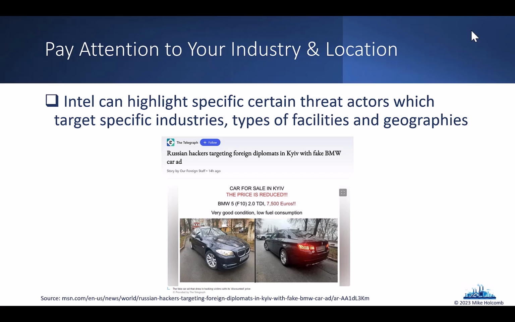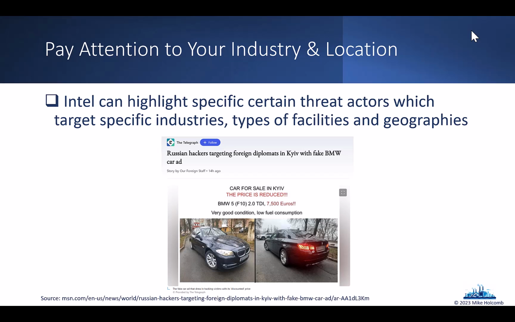So, taking a step back, I wanted to look at some examples of building out threat intel that we can use. This story is from, I think, mid 2023, after a year already of the latest Russian invasion of Ukraine, and you can see where Russia was using fake campaigns to target different diplomats in Kiev,